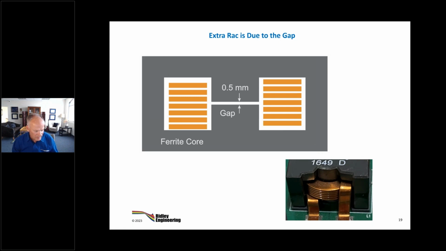I mean, Rudy Severance gave us the rule many, many years ago. You just put the copper 3 gap distances away, and then you don't have any significant gap loss. So my approach is let's build it properly, and then we don't have gap loss, and then we don't have to do the analysis of the gap loss. But if you can't avoid it, or if you're using a standard part that we're looking at here, measure the AC resistance, and then that, as we can see, is going to give us a very good approximation to these losses.